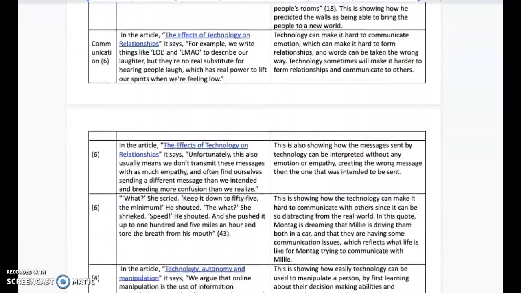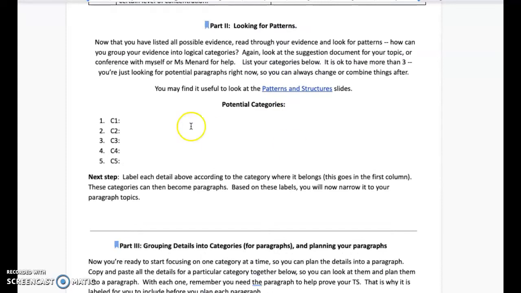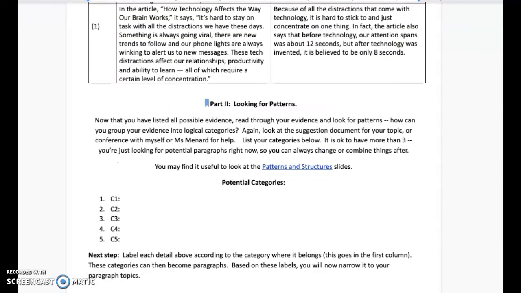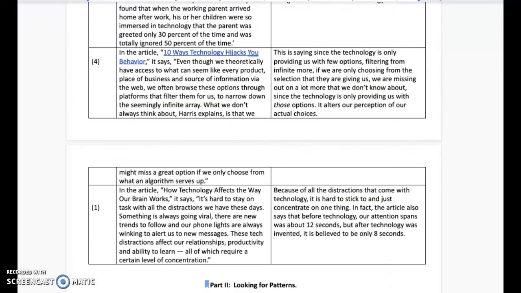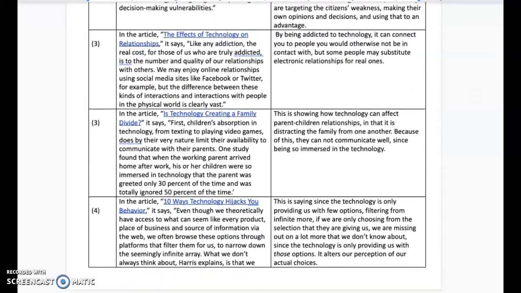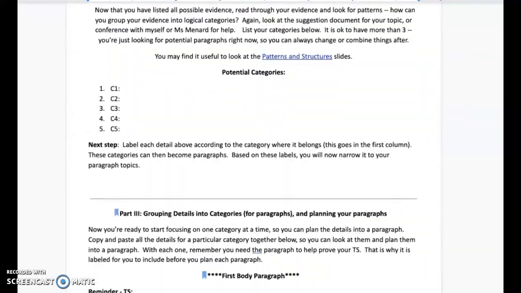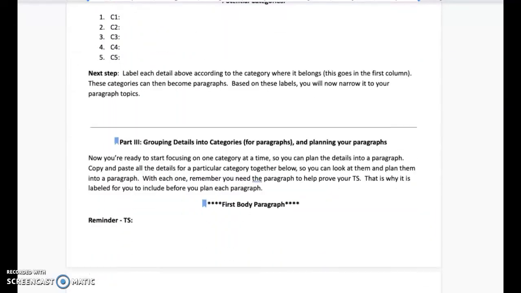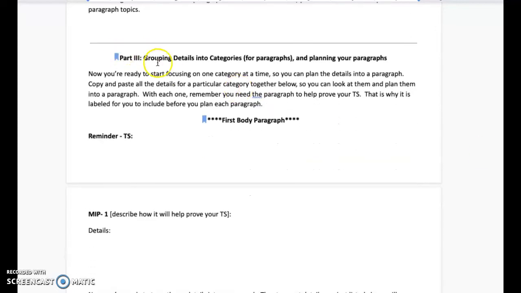All right, you have a spot just like last time where you create categories, up to 5, but really you should end up with 3 body paragraphs. Once you've created the categories, you can number the details just like you see in the left column here. That tells you which category each detail is going to fall into. Once you have them all numbered according to these categories, you will then move to part 3, where you